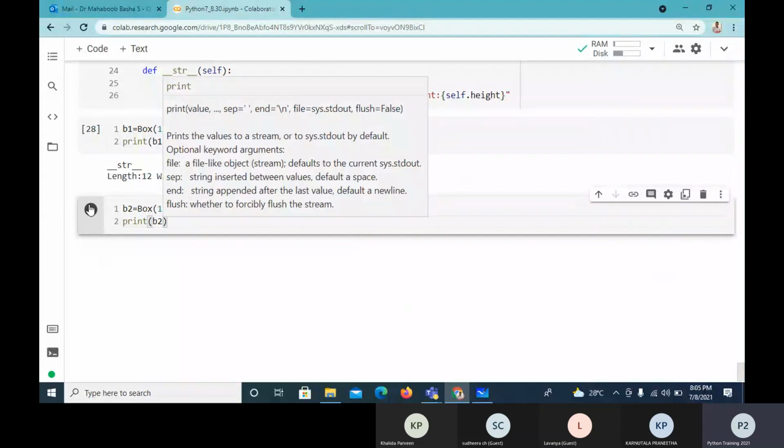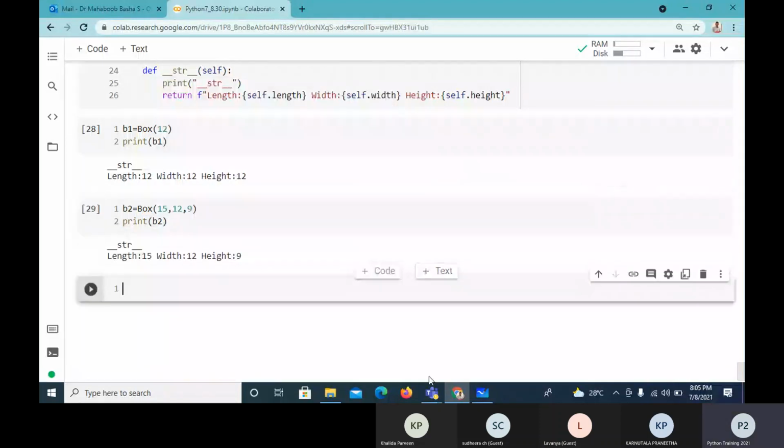Now I want to have B3 equals B1 plus B2. So I want to combine the areas. This will not be allowed. It says how you can apply plus on box. It is not possible. That's what it is saying. So normally the plus can be applied only on standard data items. It is saying how you can apply plus on box. It is not possible. So I'm able to do 10 plus 20, I'm able to do this on ordinary variables.